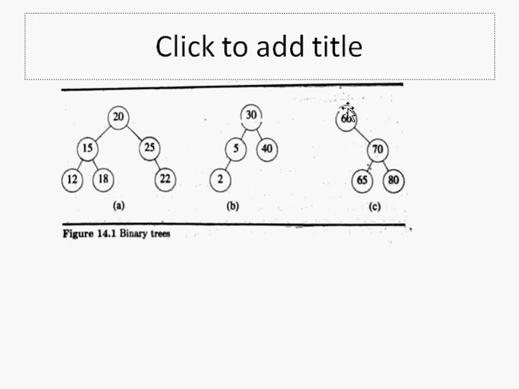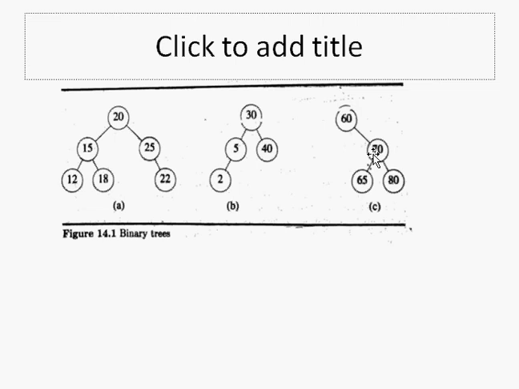Similarly, this is also a binary search tree. This node does not have a left child, but it has a right child. Now when we look at the right child, every element belonging to the right subtree of this node has a value greater than the node. Also, when we compare this node with its children 65 and 80, again the property is not violated.